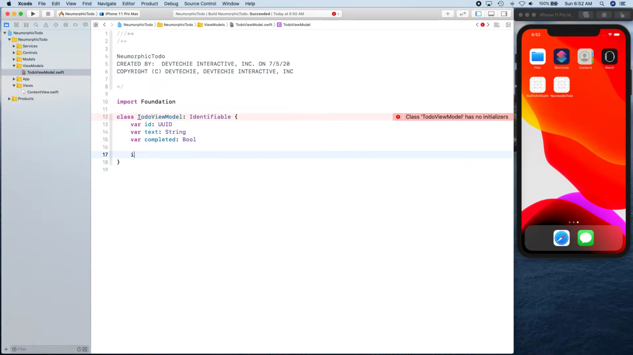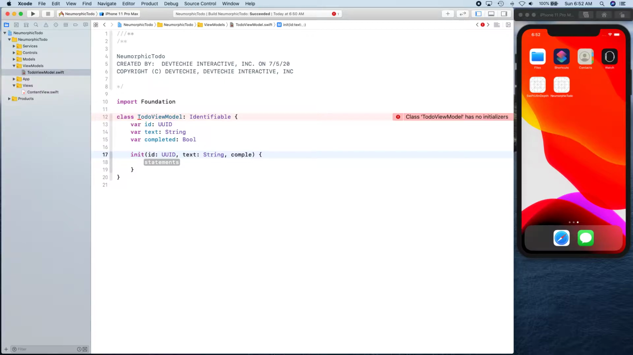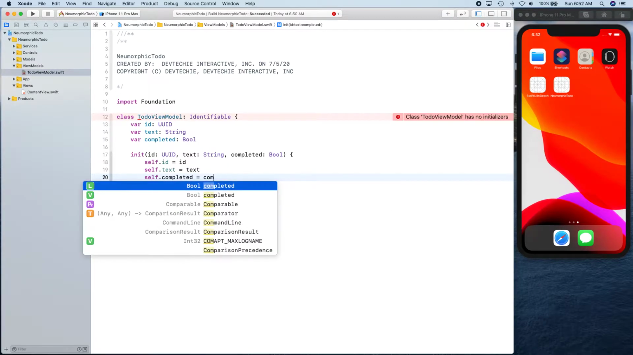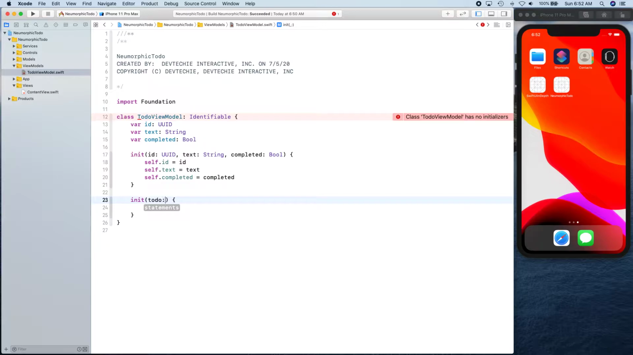All right, then we're going to have two initializers. One initializer is going to take UUID and all the other variables that we have created here. We're going to assign these properties to self. Okay, now we're going to create another init, and this is going to take a todo, which is our